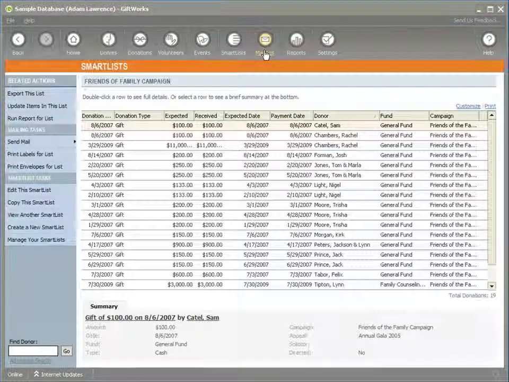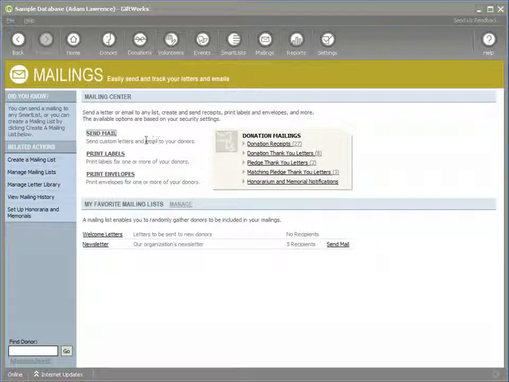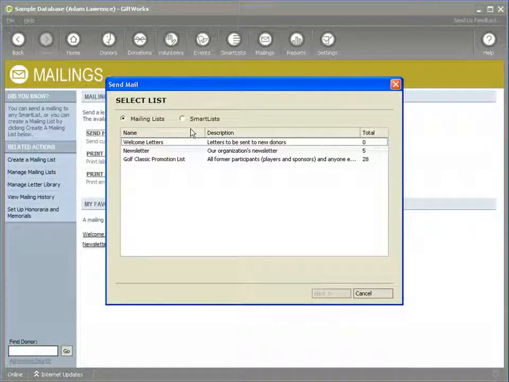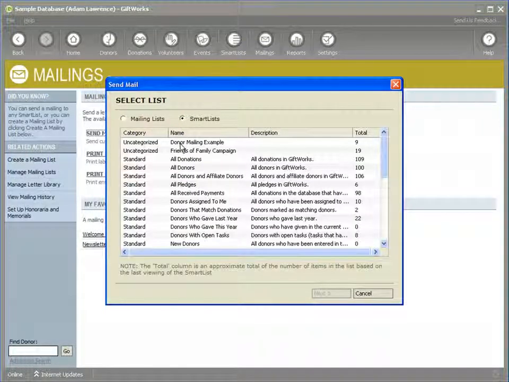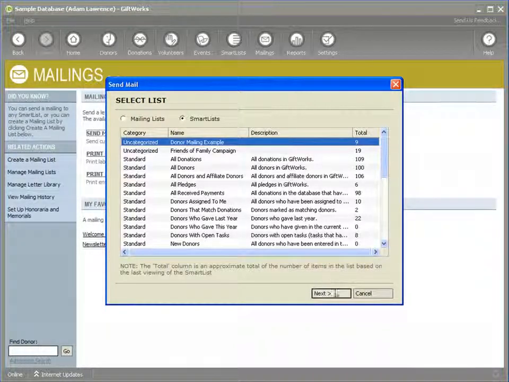So let's begin. I'm going to click on mailings on the toolbar and go to the mailing center. I'm going to start a mailing. I'm going to do a simple donor mailing to start. So I'm going to say send mail to a list. I'm going to pick Smart List, and I'm going to pick my donor mailing example, which is the donor Smart List. So if I select that and click next,